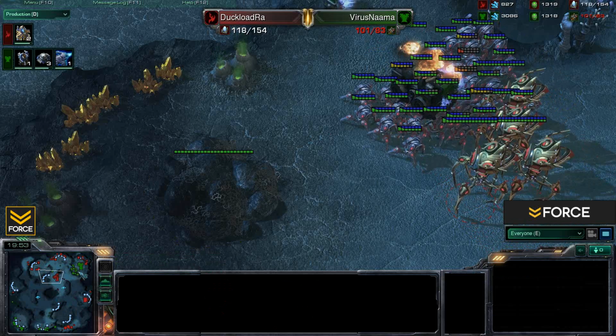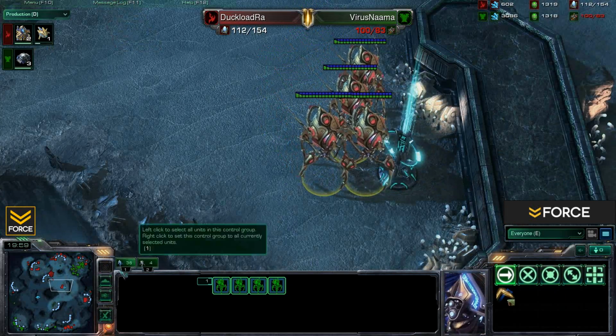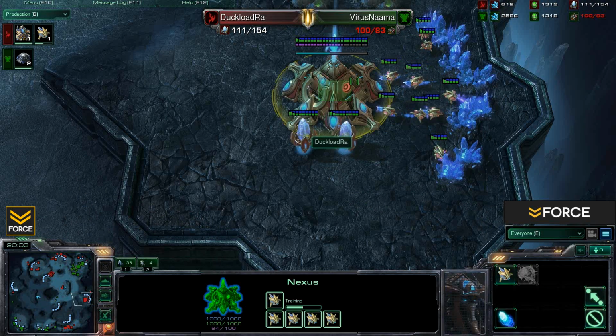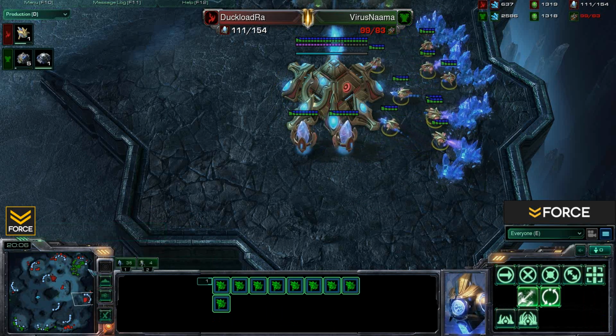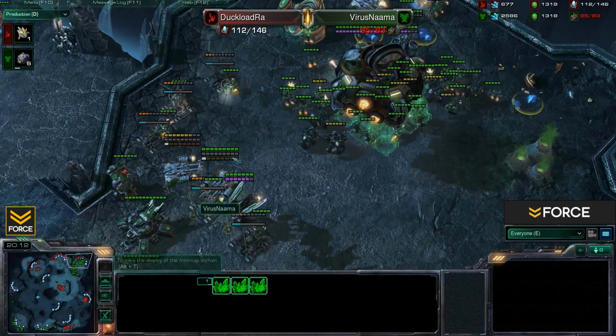Actually going to be dropping down this barracks right now as it's floating right across all those Blink Stalkers. SCVs trying to move across the map. They're going to be running into those Colossus. Needs to be careful. Again, remember, WhiteRa does have this mining base. Now, the problem right now for Naama is actually setting up over here. He does not have a lot of resources to work with,